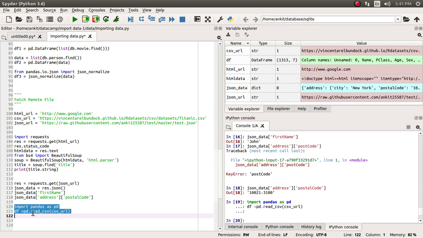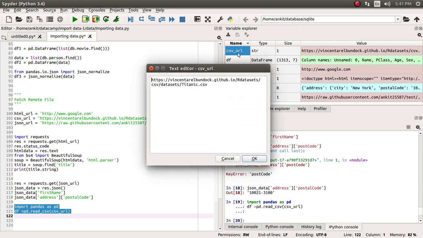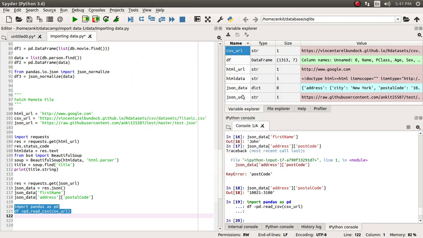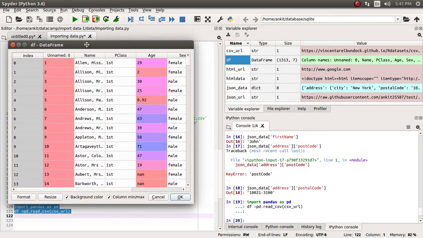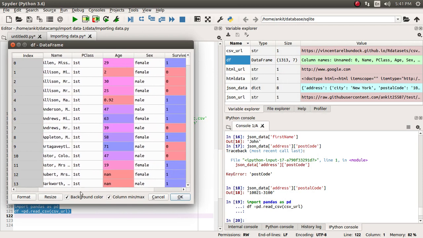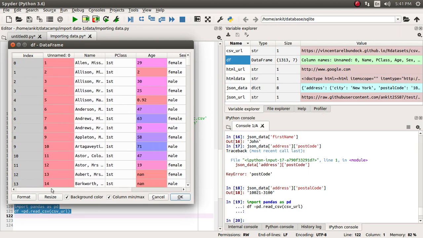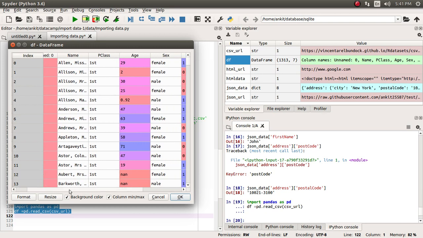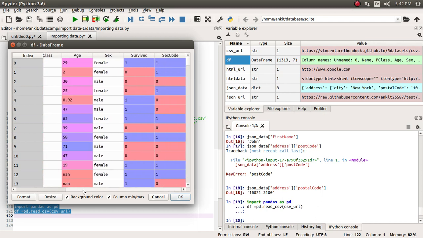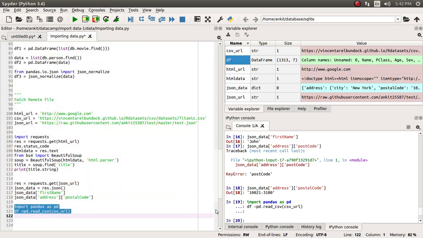Okay, so it is trying to fetch this titanic.csv data. Looking at df, you can see there are a total of 1330 rows and 7 columns. It has successfully fetched the data with just one simple line of code, read_csv. It has each individual passenger on the Titanic trip, with name, pclass, the class in which they traveled, age, sex, and survived, whether they survived or not. So this way we have successfully fetched the data in the form of .json or .csv files.